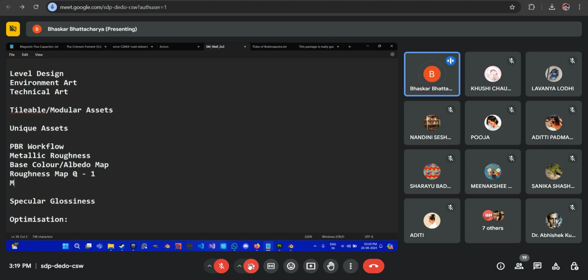And then we have the metallic map. This tells the renderer whether that object is metal or not. Like the roughness map can go from 0 to 1, so basically the value can be 0, 0.5, 0.3, but the metallic map can be either 0 or 1. So an object is either a metal or a non-metal. You can set the value in between, but that is not physically accurate because an object cannot be 50% metal